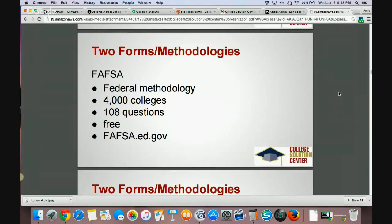That's also known as a federal methodology of figuring out how much you can qualify for. All colleges in the country, there's more than 4,000, require the FAFSA. And I know that 4,000 might seem a little high to you, particularly because kids around here tend to apply